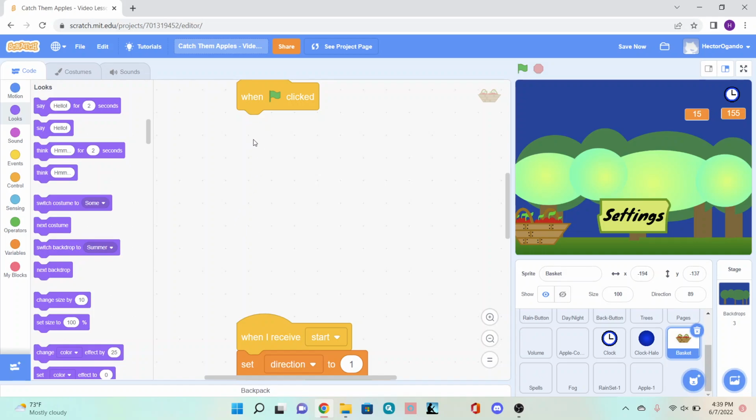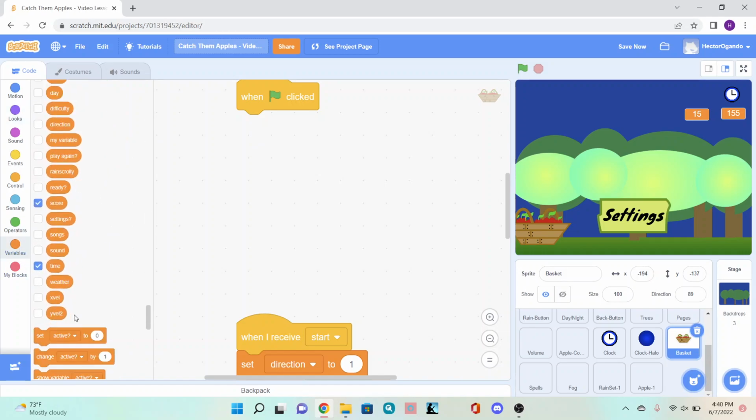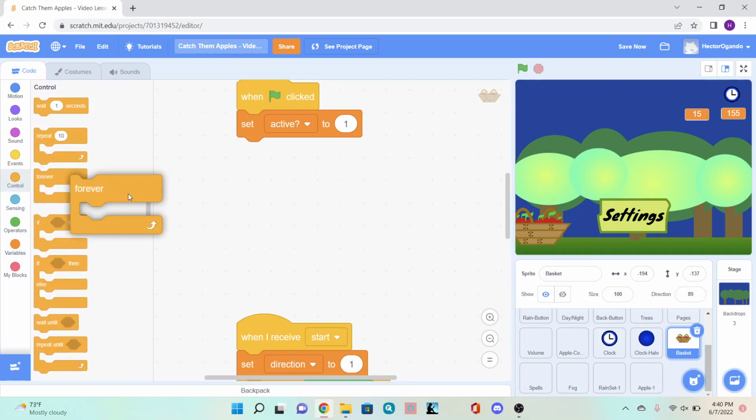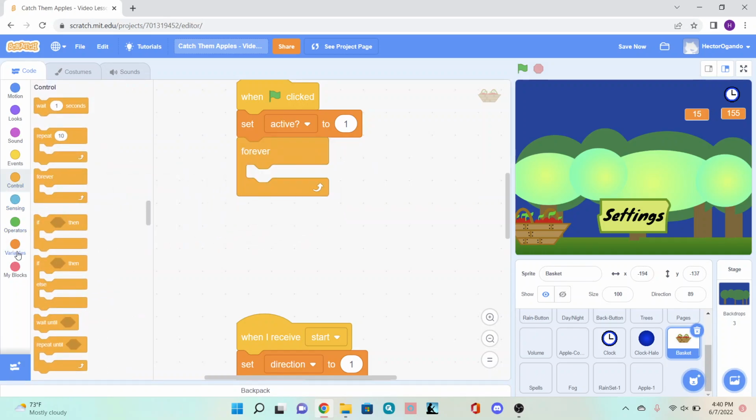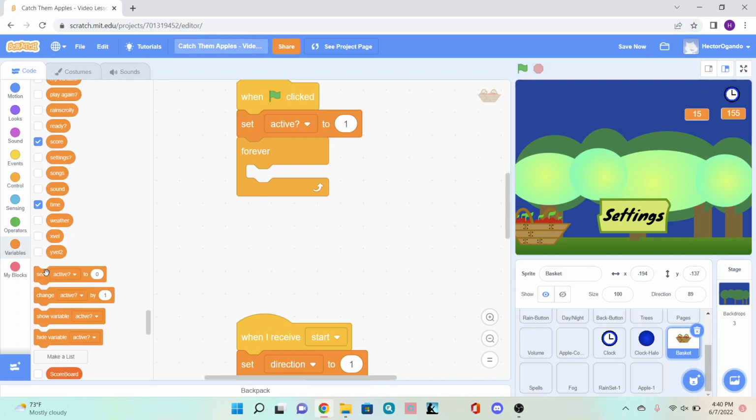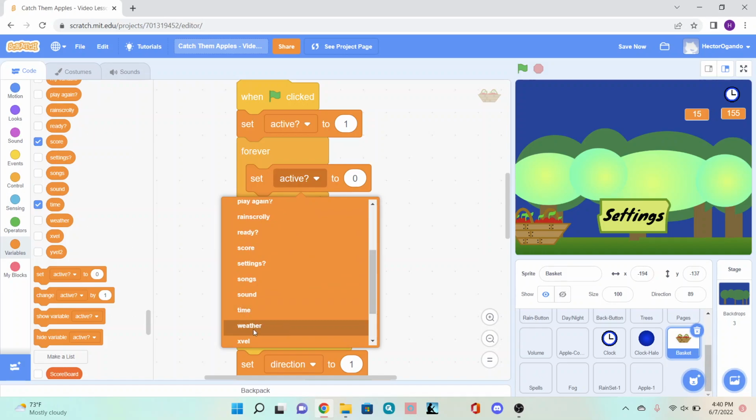We're going to scroll down, and then the next thing we're going to do is underneath the second when green flag clicked, we're going to go onto the variables tab and add a set active to 1. Under this, we're going to go onto control and add a forever. We're going to go back onto variable and add a set xvel